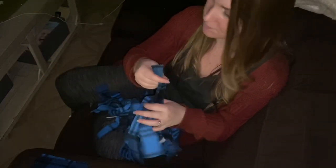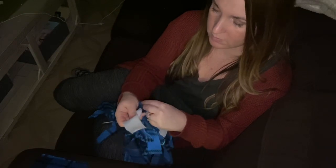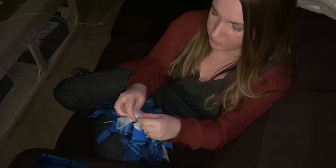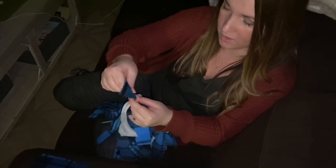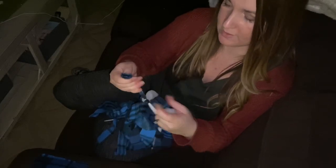going to do with it. So now I'm going to take pieces of fleece, like I have some colors that have matched my other things that I've done. I'm just going to tie them on here. So I tie one tie like this, and then so that it doesn't just slide off, because obviously this can move around, I scooch it all the way down to the base and then tie it again with the piece that I tied it to. So now it's like a double knot. And then I'll take my